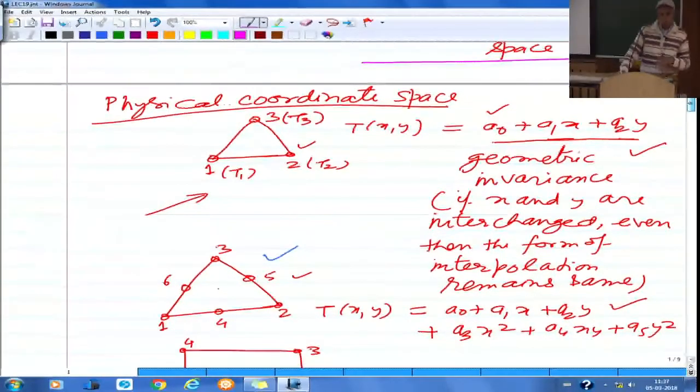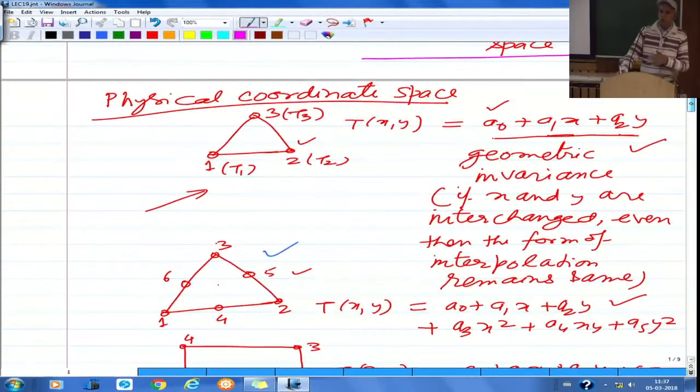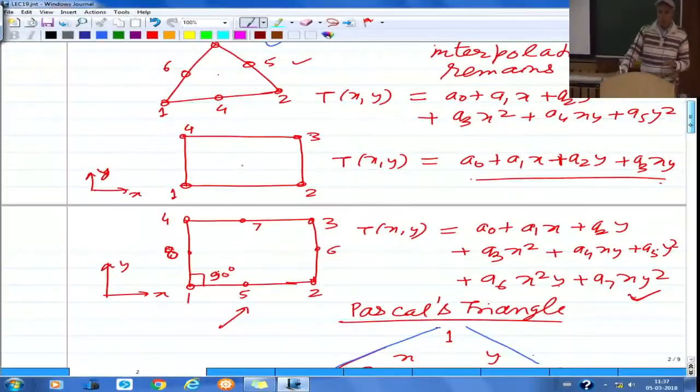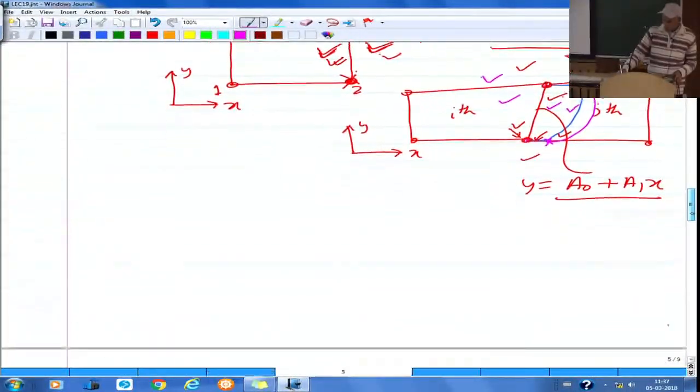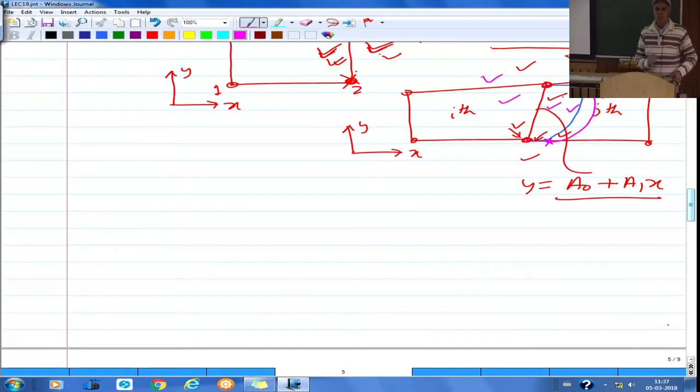We are going to discuss now the derivation of element level governing equations, assembly and so on, but first some of the basic concepts: the difference now when we go for the 2D elements, why there is a need for a different kind of interpolation space. We call it natural coordinate space. So in natural coordinate space what you are doing,